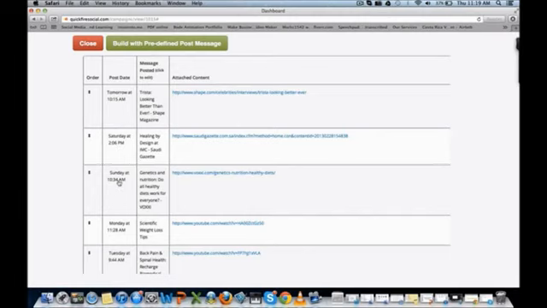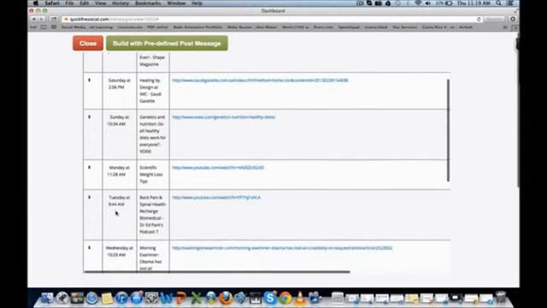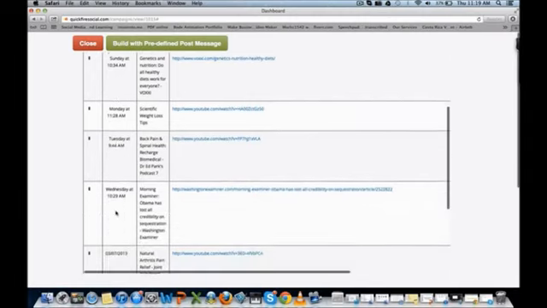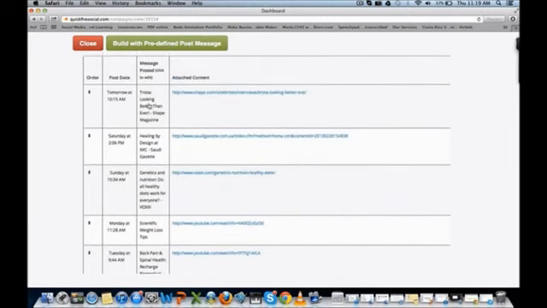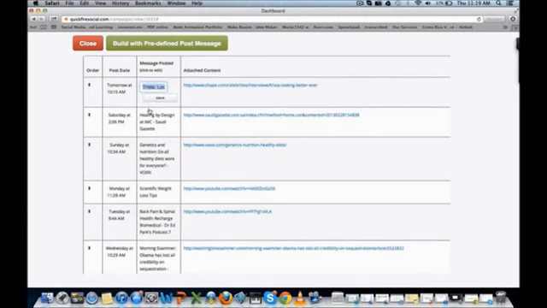Saturday at 2:06, Sunday at 10:34, Monday at 11:28, so on and so forth. This is your posting queue. This is the message that's going to be posted on Facebook, okay, with the image of the article. So you can actually click on this and then change what's going to be posted on Facebook and then hit